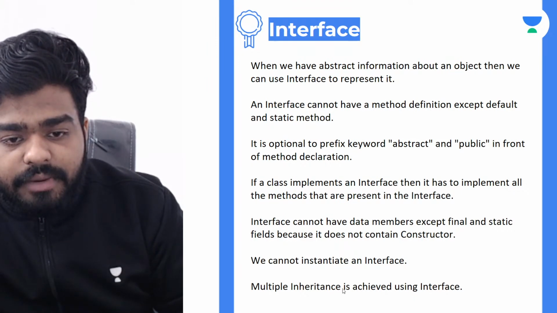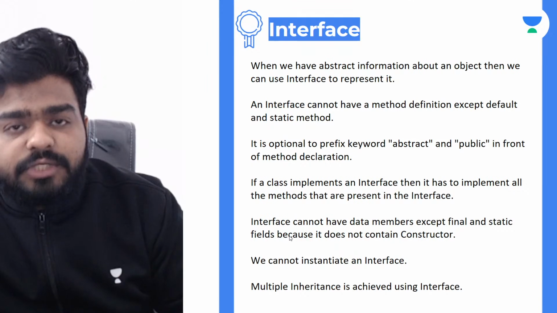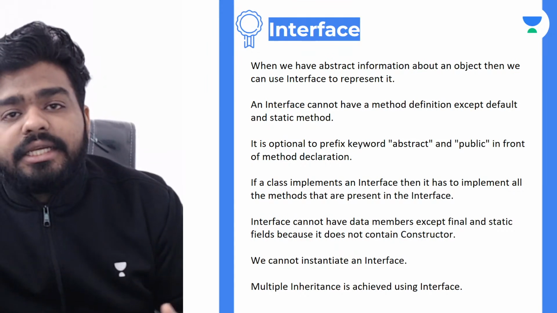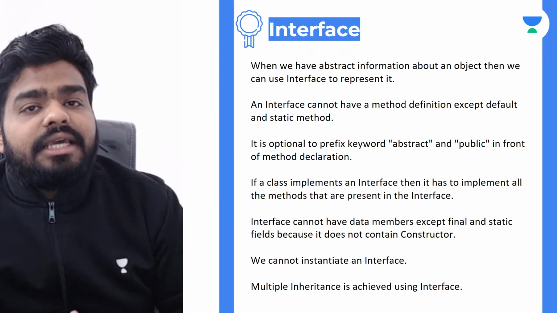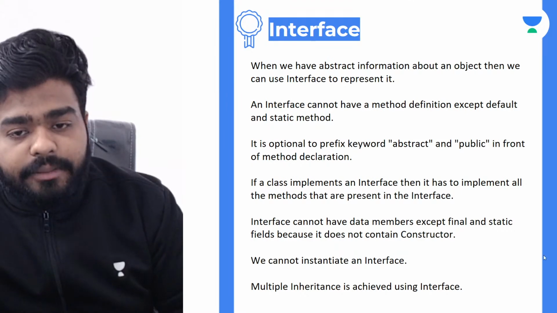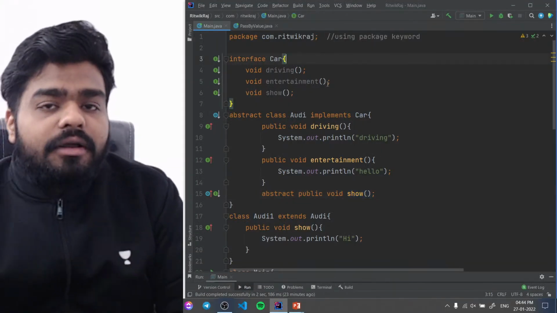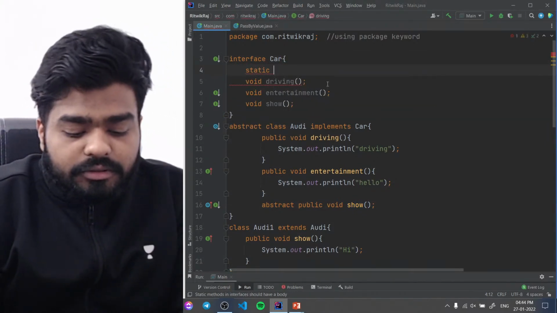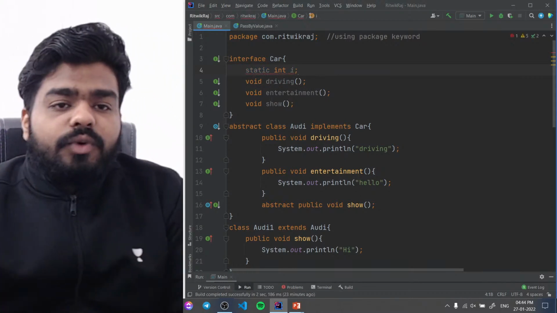अब यही एक आखिरी चीज बाकी है हमारा देखने का कि मल्टीपल इंस्टेंस कैसे अचीव होता है। But let's have a look at this one first. Interface cannot have data members. नॉर्मल डेटा मेंबर्स इंटरफेस के अंदर नहीं डाल सकते, मतलब कि int i, int j, float j, ये सब नहीं डाल सकते, except वो final या static हो। Means you can have some variables here which is static i, ये सब हो सकती हैं यहाँ पे।